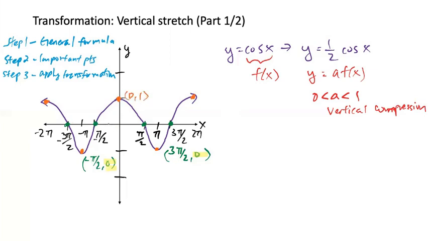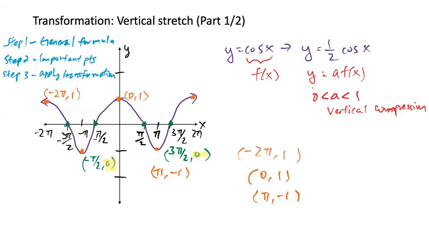Let's just pick 3 points. One from the negative, so negative 2 pi and 1. And let's say pi and negative 1. So let me write it out. We have this. You can pick any points that you want. You don't really need to use the ones that I have selected, but I think these points are easy to see.